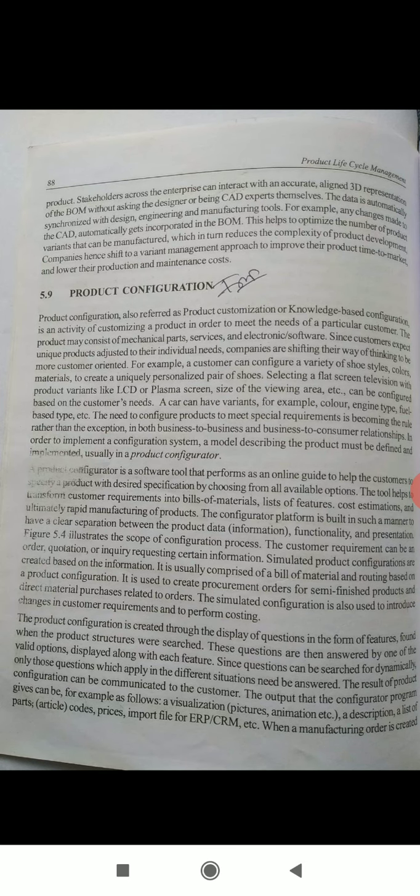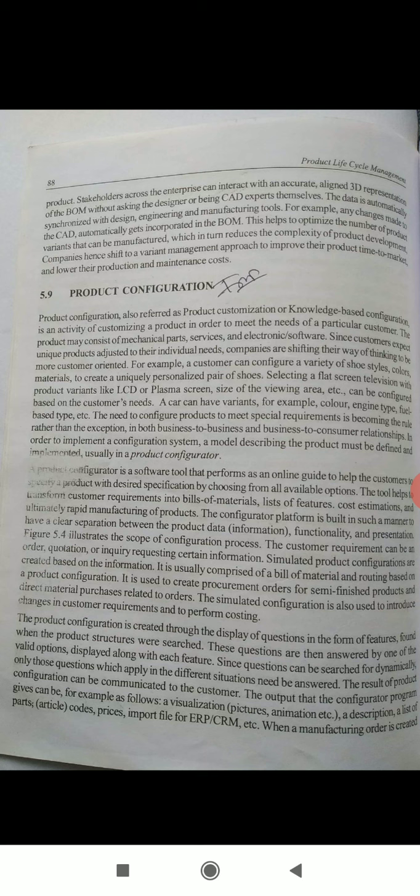Product configuration. So product configuration, also referred to as product customization or knowledge-based configuration, is an activity of customizing a product in order to meet the needs of a particular customer.